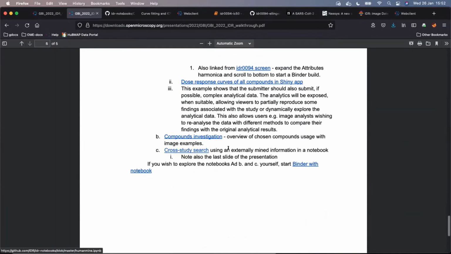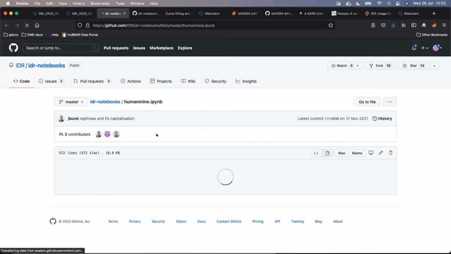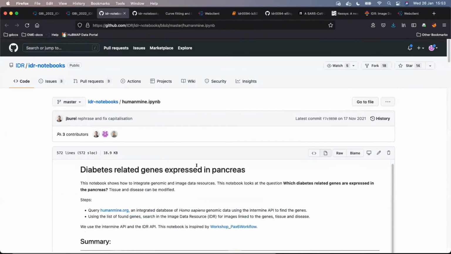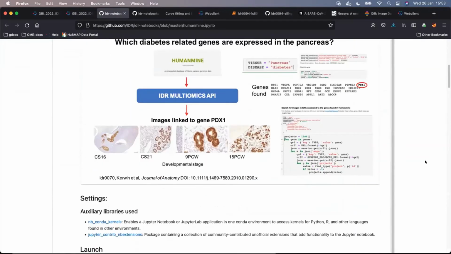And you can also have a notebook where you come to the IDR with a seriously prepared search query, which comes from researching the outer world, so to say, the other databases, let's say in this case, Intermine, which has a subsection called HumanMine. And if you do so, then you can basically use the notebook, which comes